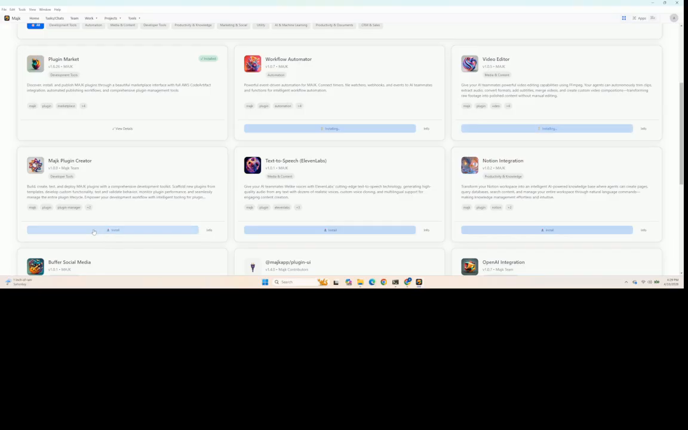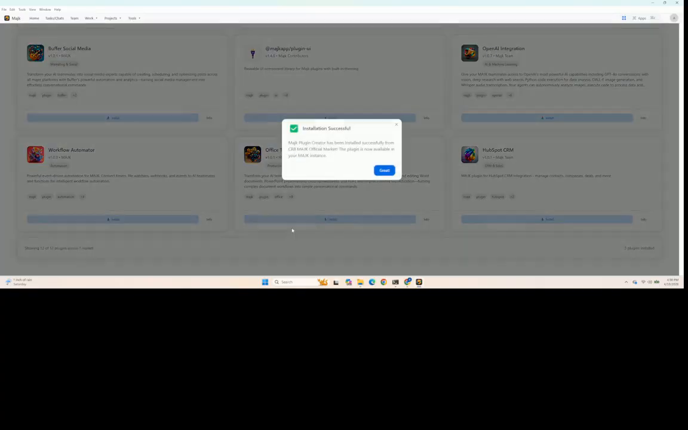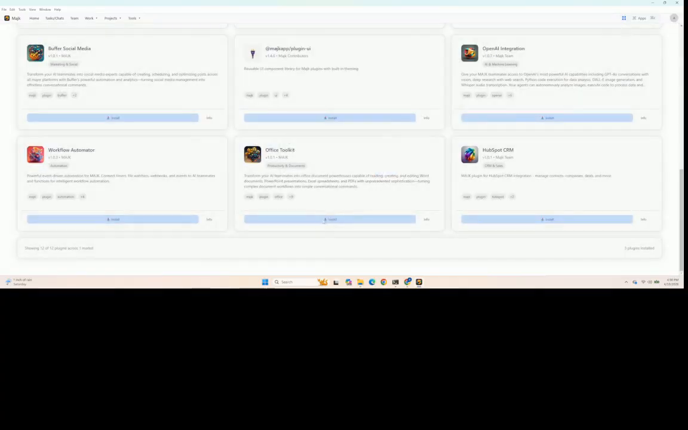The next plugin that is a definite must-have is the plugin creator. This is the plugin that lets you as a MAJK user add more plugins. So that one I recommend to everybody that they install, and I'll show a video later on how to use that plugin. And then the final one that I think is very much worth installing for everybody is the